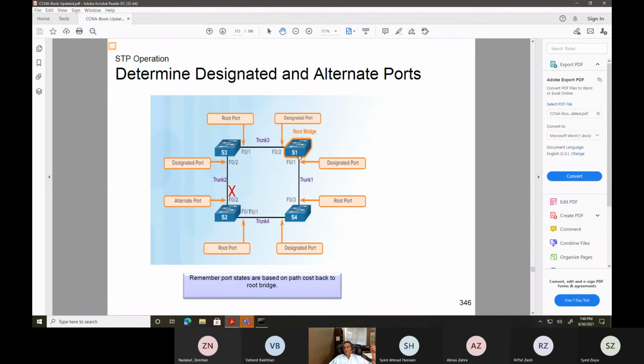S2 going to the root bridge, this one also going to the root bridge, they all become root ports. Anything going towards the root bridge becomes the root port. Anything which goes from the root bridge outside to the other switches becomes the designated port. That's what the roles are.